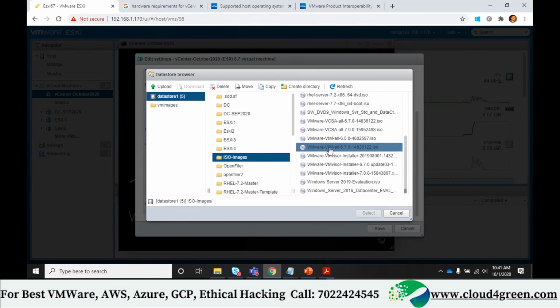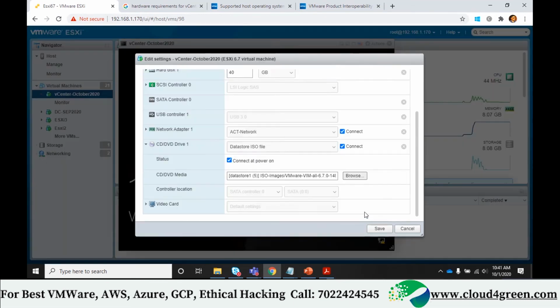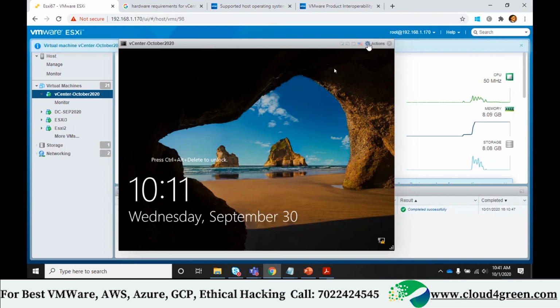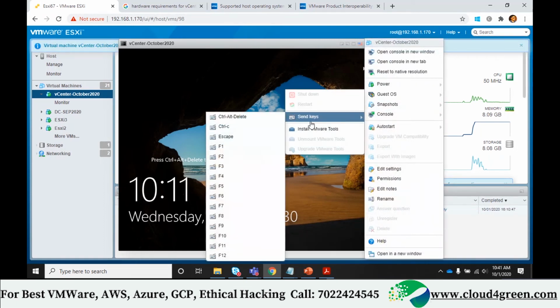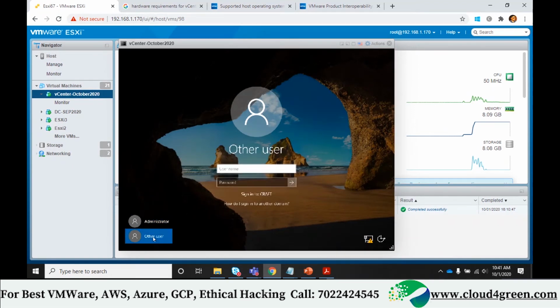vCenter installation manager is called Vim. That is for Windows version. What is the total size? 2.07 GB. Remember size also. Select and save. So now what will happen? If I enter to this machine, you will find that vCenter file mounted. Okay, I'll upload vCenter file to our OneDrive. You can download 2 GB file. Okay. Now it is added to domain, right? So we should log in with the domain credential. So you should mention like craft.